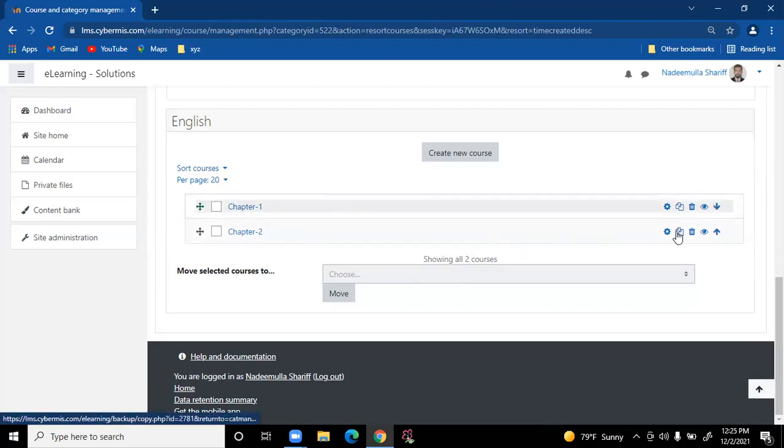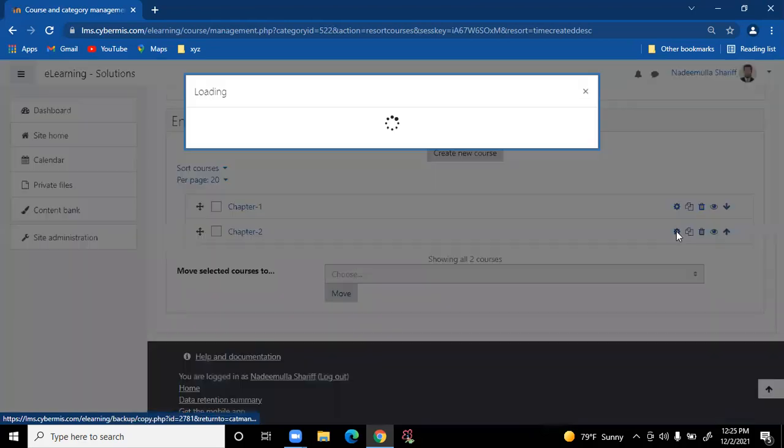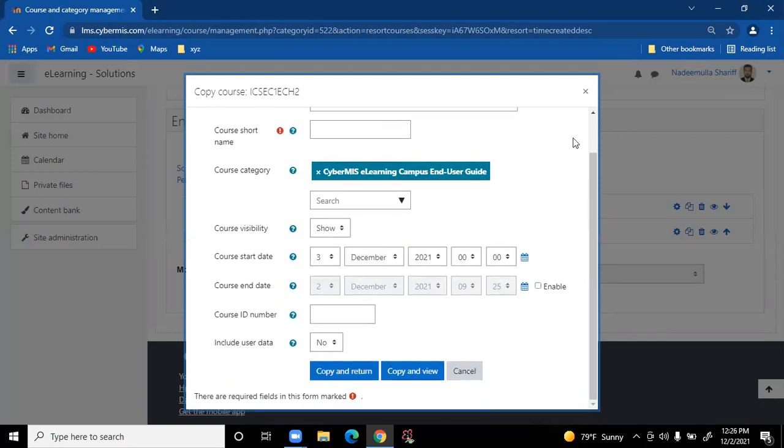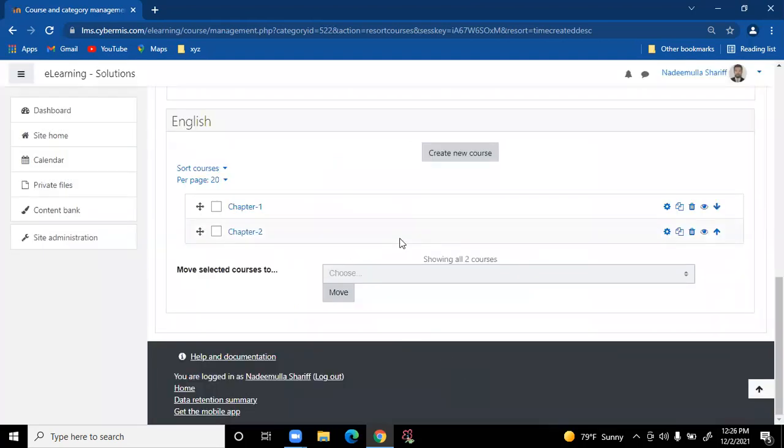And one more thing, the simple thing, you can just copy also. Copy this course. It will copy here. Okay, everything remains the same. We can just copy and start using this also. So it is going on a different path, so we need to set the path. But we should avoid it, because we have experienced that copying takes too much time and it's not advisable. If you want to delete by mistake, you can delete this. If you want to hide what you have created from the other users, that is also possible.